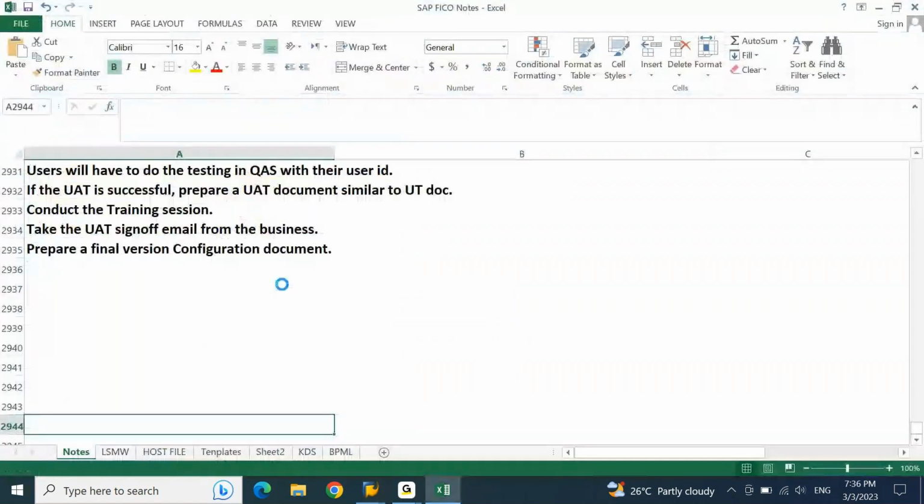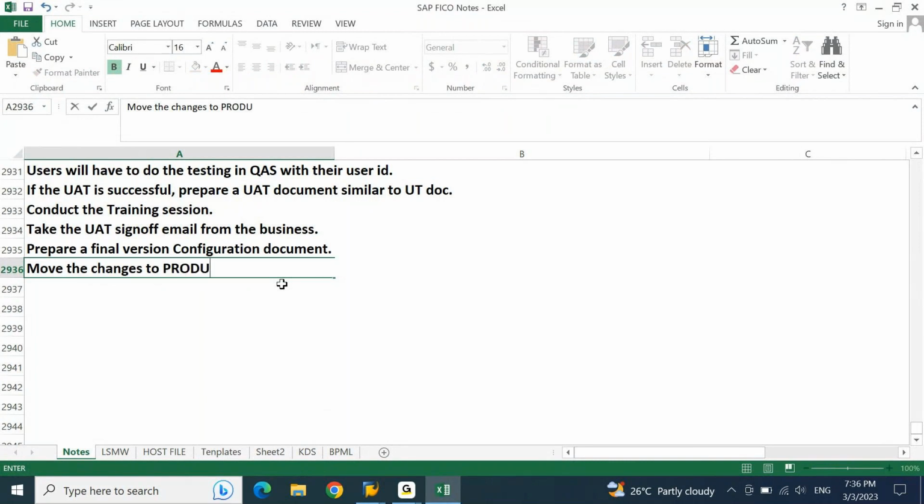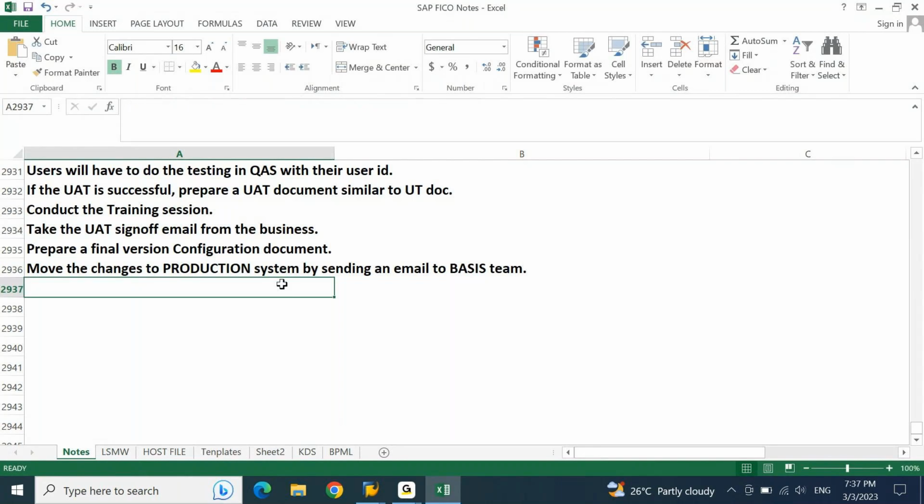And move the changes to production system by sending an email to basis team. Any TR to the production system is strictly performed from the basis side. So for any production movement, we need to make sure